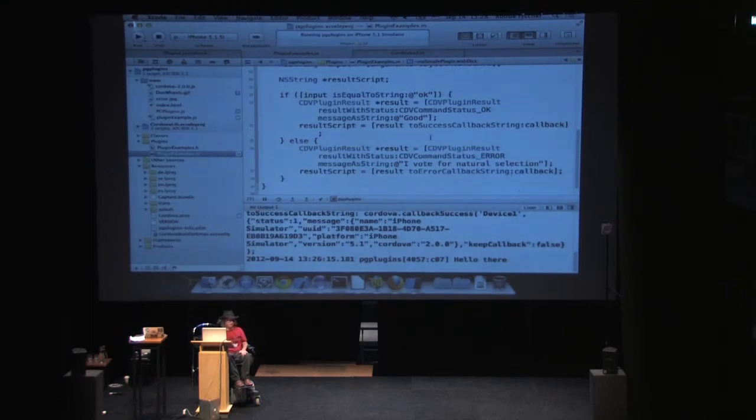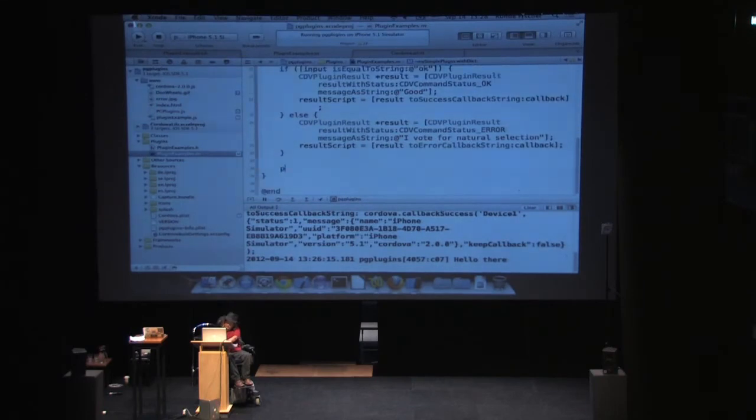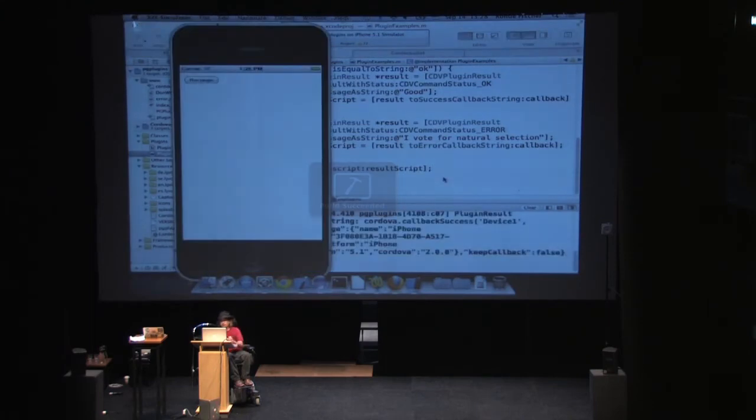If we can't write OK correctly, I'll just write an error message. I vote for natural selection as the error message, and then store that in, and send that to the error callback. Lastly, we have to write this to the JavaScript, otherwise it won't know it. So let's try to do this. And if I run the plugin,